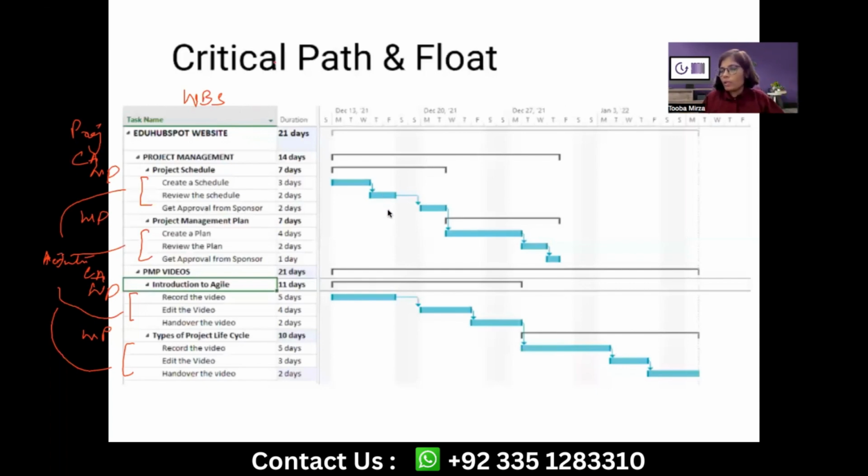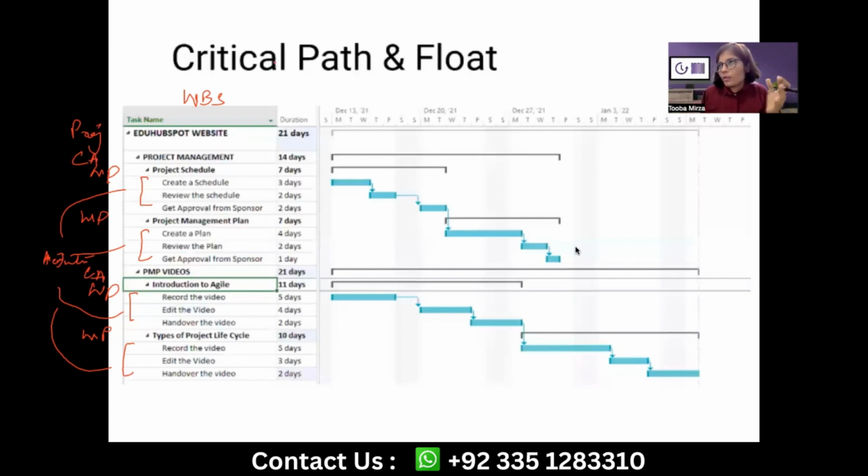This is a Gantt chart representation of our schedule, and all these activities in the form of bars are represented based on their logical arrangement. Wherever I say logical arrangement, it means sequencing, finish to start, start to start. So this much we understand. Now, this much is not enough. I mean, this much knowledge is going to give you the project start and end for sure. However, we need to keep